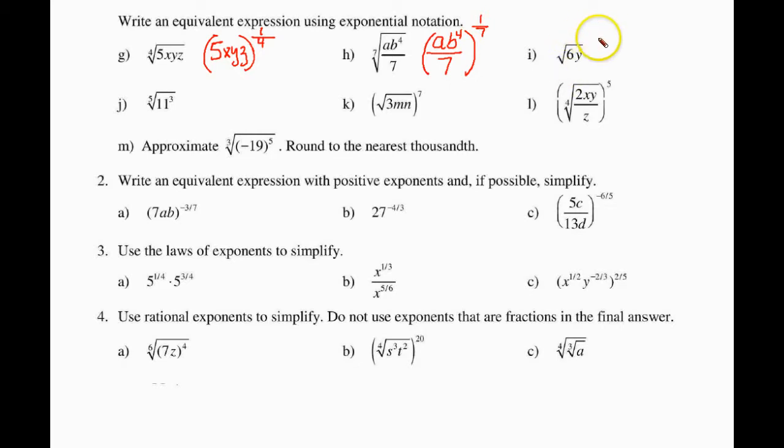And this is going to be a common one that you see, 6y. And then the exponent is 1, and there's no number there, so it's a 2. So the quantity 6y to the 1/2 power means the square root of 6y. These are equivalent,